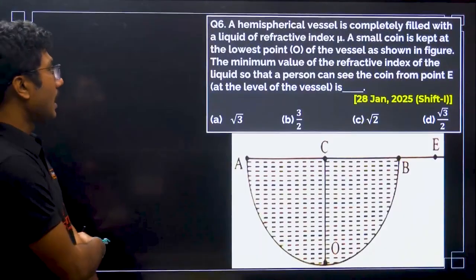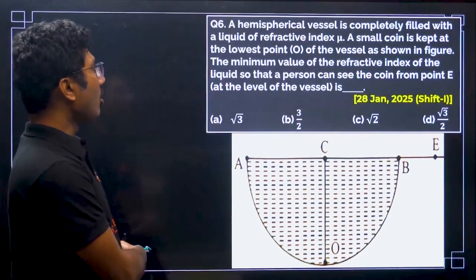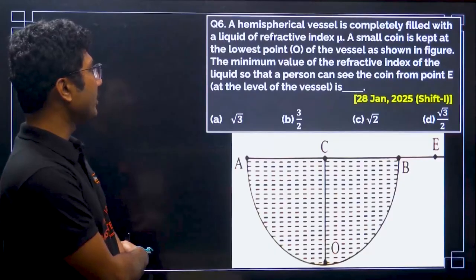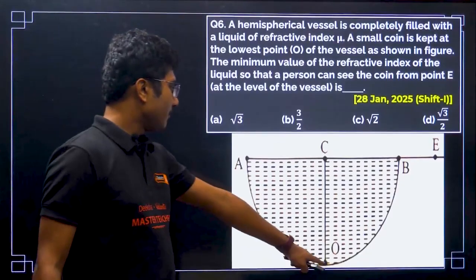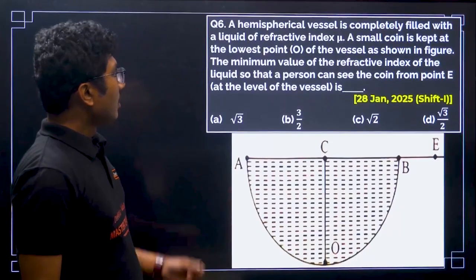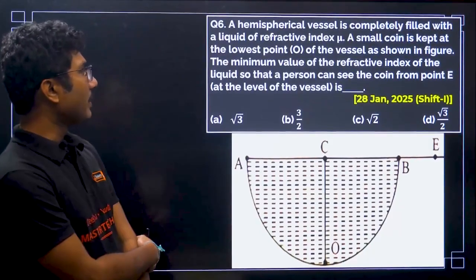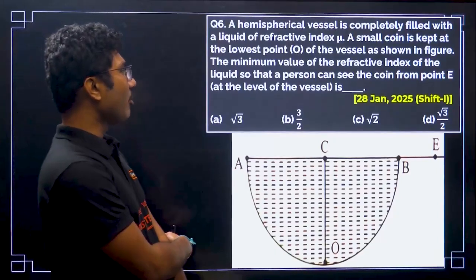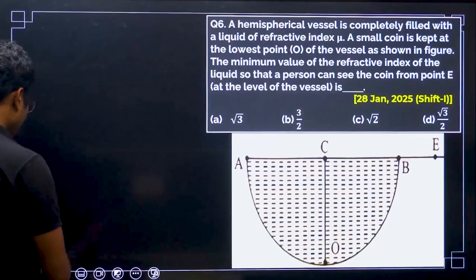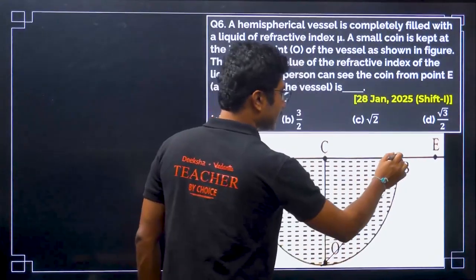Next, a hemispherical vessel is completely filled with a liquid of refractive index mu. A small coin is kept at the lowest point O of the vessel. So here we have a coin placed at O. The minimum value of the refractive index of the liquid so that a person can see the coin from point E. So if a person is seeing from point E, that means the light travels along this distance. Okay, this is the path of the light,